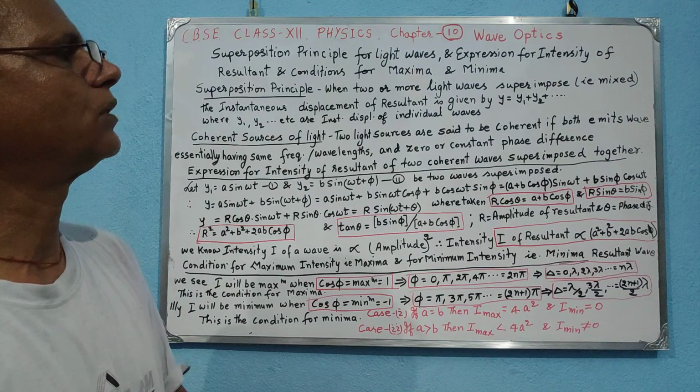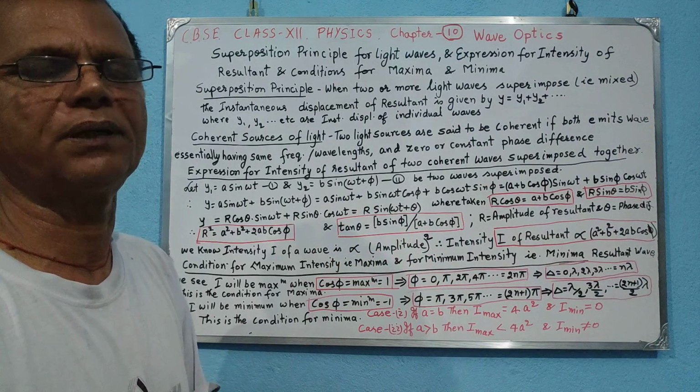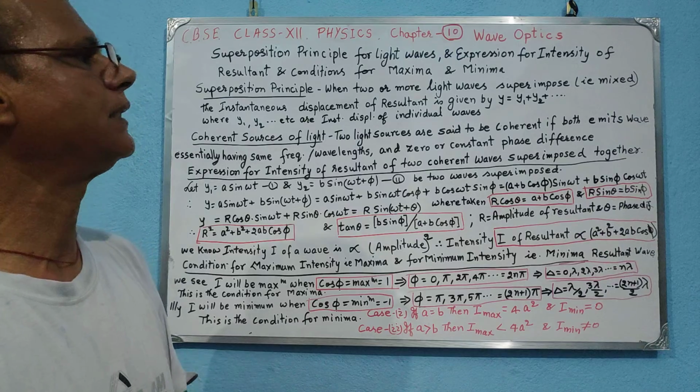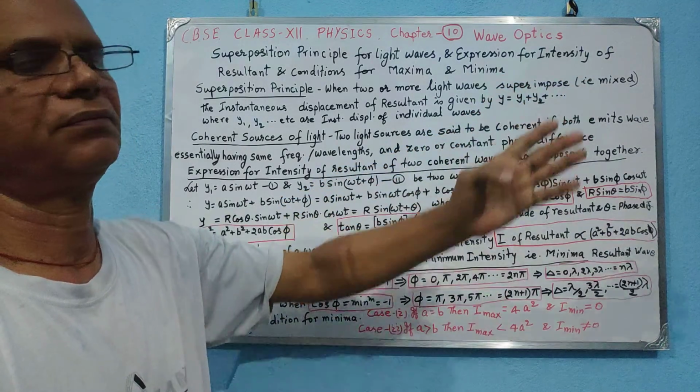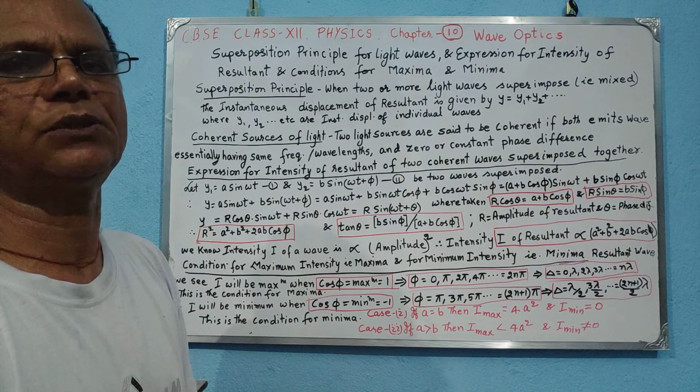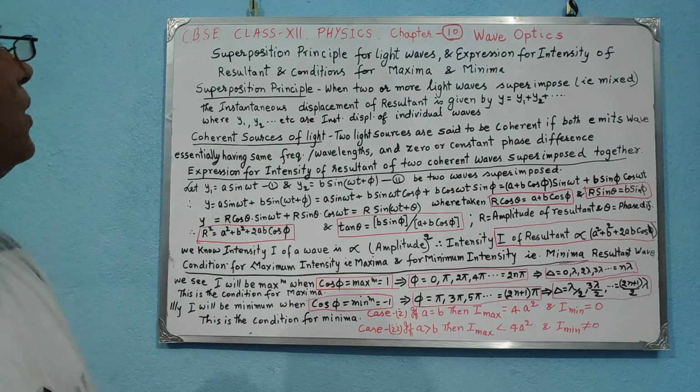Now we can have more than two waves simultaneously superimposed, and the resultant will again be obtained using the same expression, by the vector sum of the individual displacements. Well, you see,